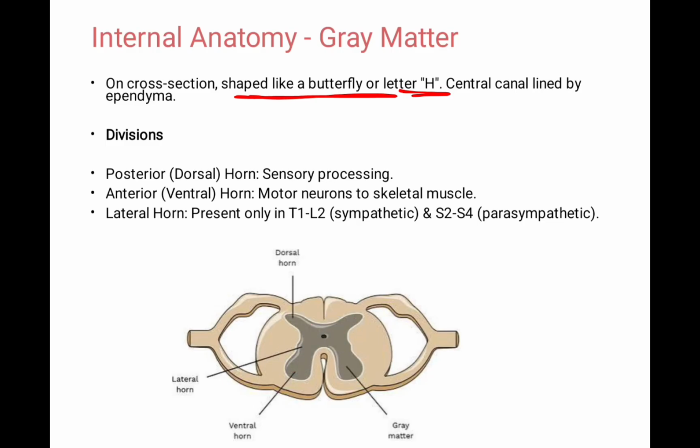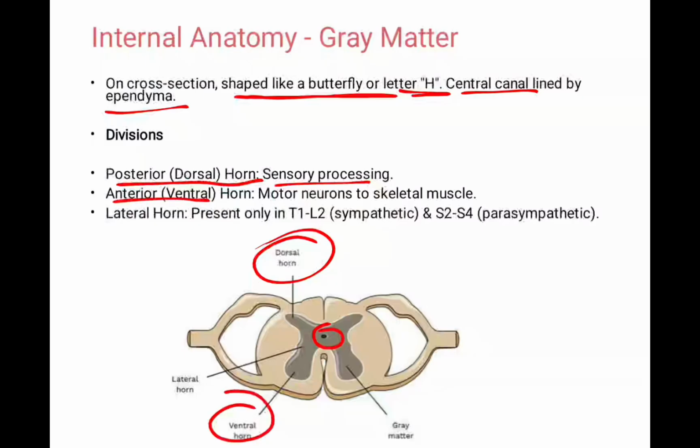If you look at this image, you see a central canal which is opening here. The central canal is lined by ependyma. Divisions of the gray matter: we have a dorsal horn, which is responsible for sensory processing. We have the ventral or anterior horn, which is for motor neurons to the skeletal muscles, and we have the